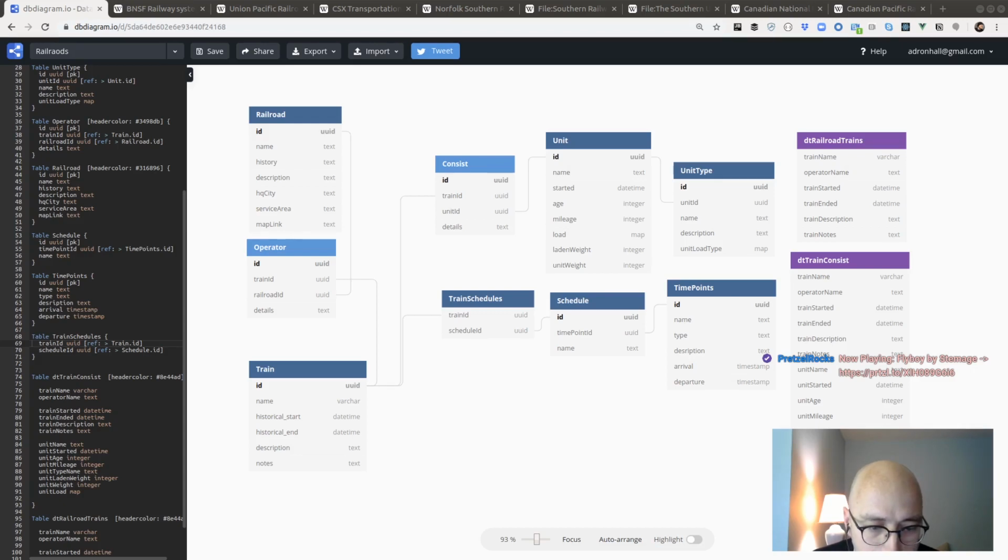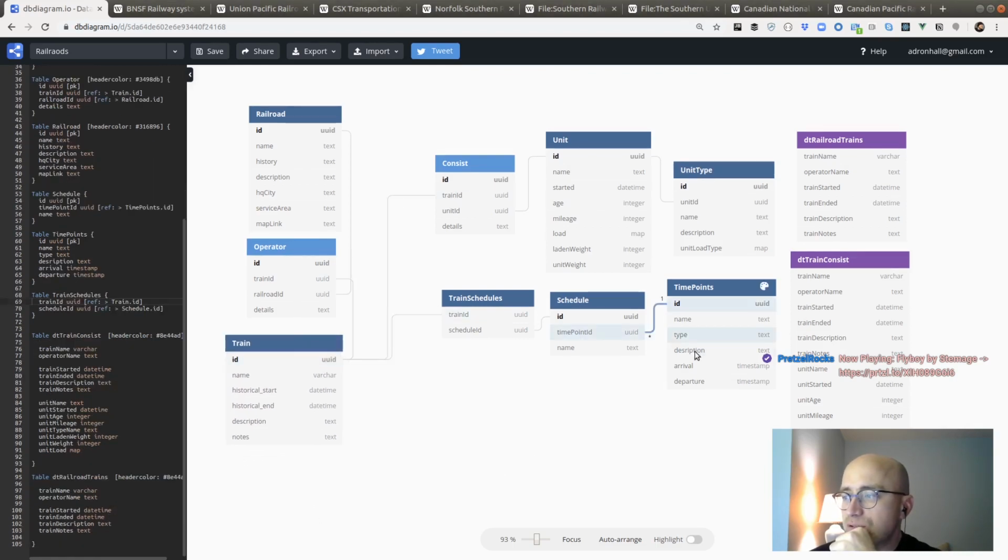All right. Train, schedule, time points.